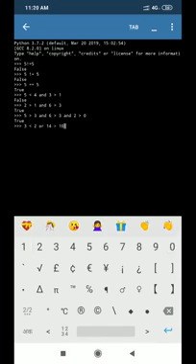Here you see 3 is less than 2, false, or 14 is greater than 10, that is true.